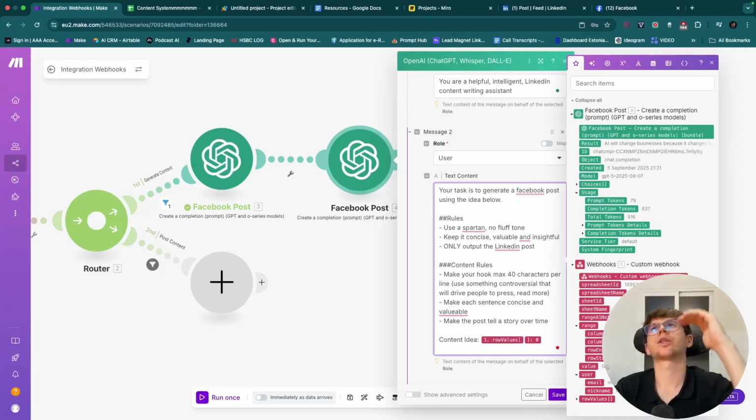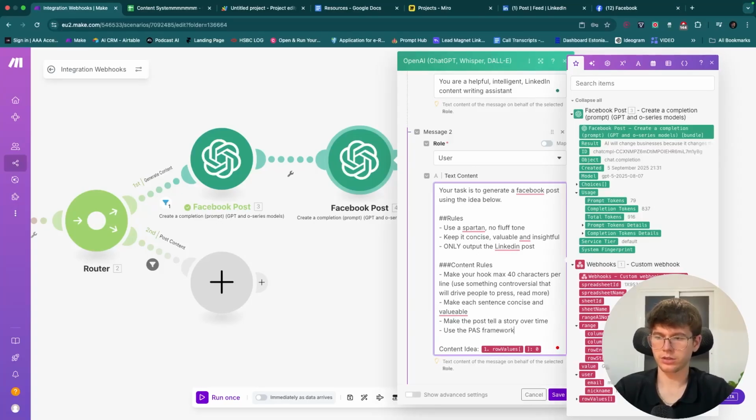I'm trying to say, when you have LinkedIn, the hook is the thing that's meant to summarize everything. Then you have the first line in this. It's like problem, agitate, solution. So we can use a PAS framework. Actually, let me tell it: use the PAS framework. For those of you who want to learn LinkedIn, this is what you should be using. So this is problem, agitate, solution. An example of this could be,